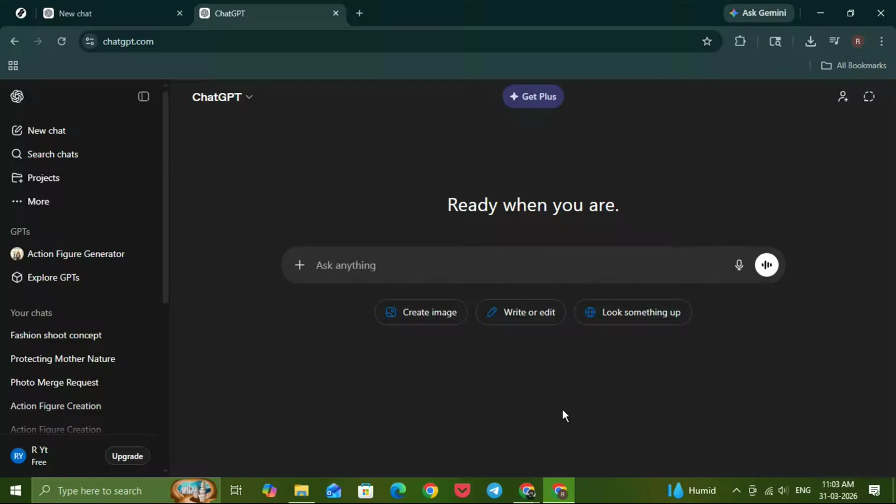In today's video, I'm going to show you how to create image ads with ChatGPT in a fast, simple, and beginner-friendly way. This is a great method if you want to generate ad-style visuals for fashion, products, promotions, or social media content without needing complicated design software. You can use this workflow to create clean concept images, luxury-style promo shots, and attention-grabbing ad creatives in just a